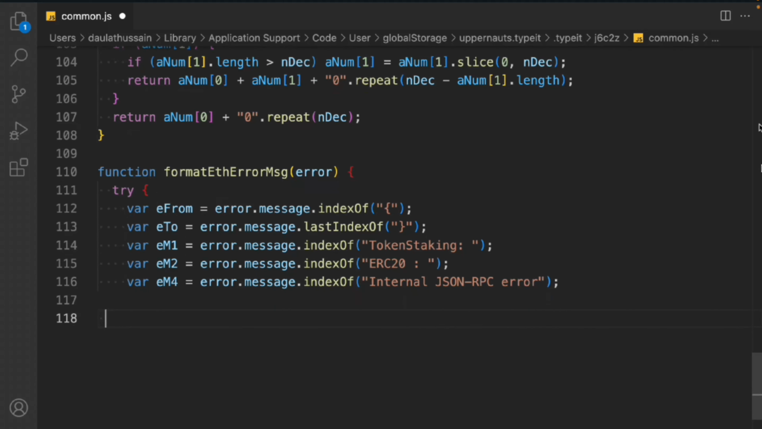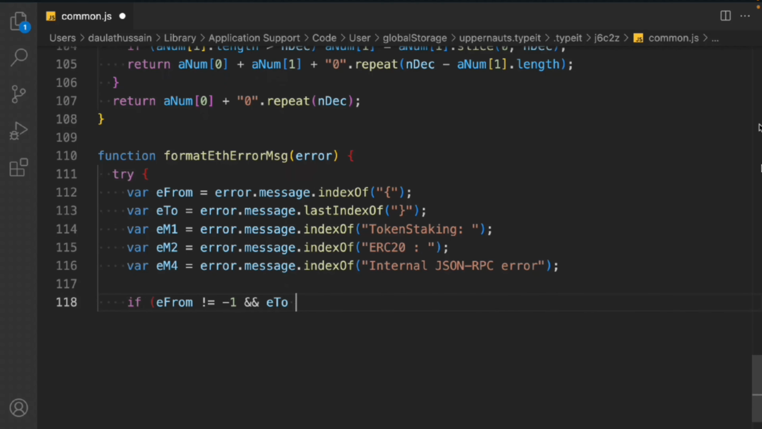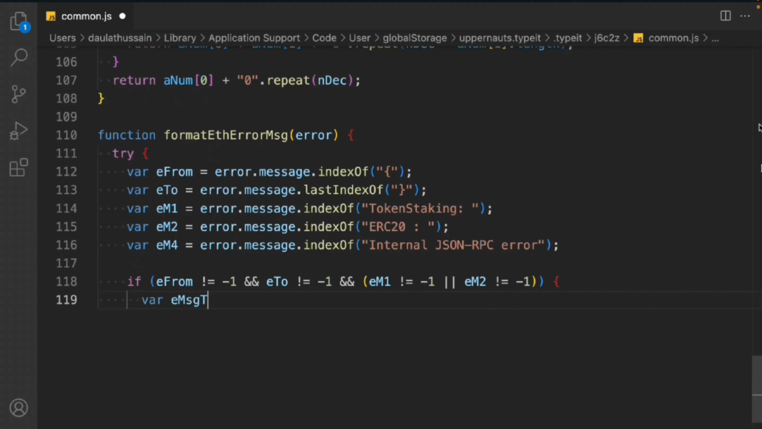Now we can come here, we'll take this if error from is not equal to -1 and error2 is not equal to -1 error em1. So we have to set the same variable. If this is the condition, in that context we have to take this variable, we'll say error message stem, we have to convert it into JSON, we'll say parse, and we have to pass the message. We'll call this particular method which is there in the error object, substr, and we'll pass our information, error from, error2. Then we'll take a variable, we'll say message,